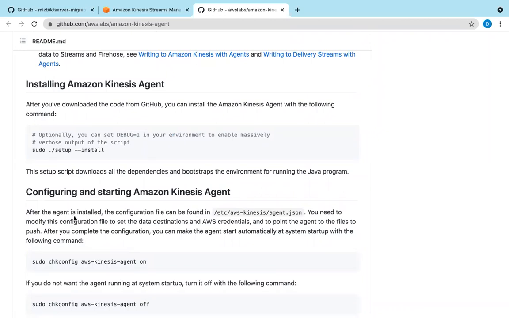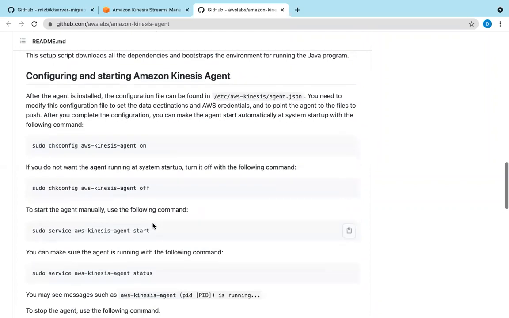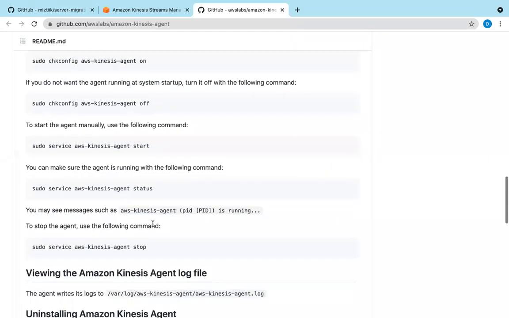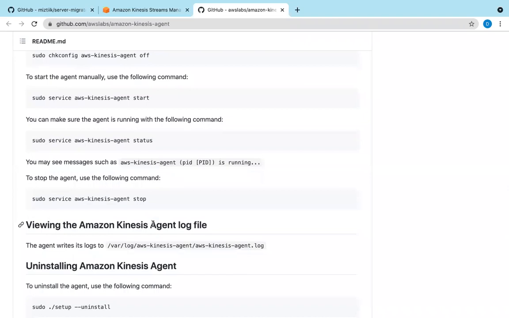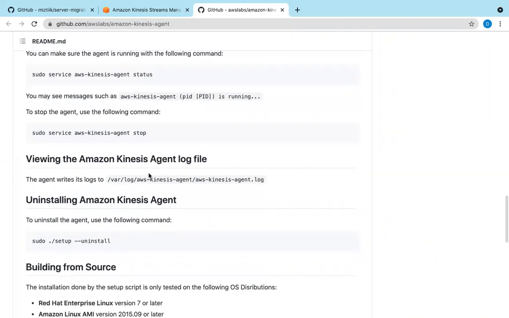Once the Kinesis agent is installed on your laptop, you'll find this agent.json. What it will do is stream data, right? It logs data and streams data, and the agent writes its logs to aws-kinesis-agent.log.